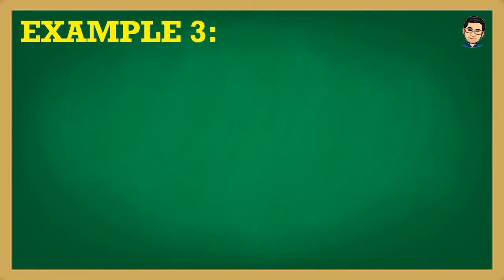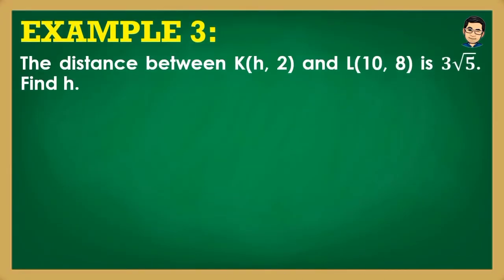So, next problem, the distance between K, whose coordinates are (h, 2), and L, whose coordinates are (10, 8), is 3 square root of 5. Find h. So, dito po, sa problem na to, given po yung distance between 2 points, between K and L. So, all we need to do is to find the coordinate of K, yung x-coordinate niya, na nakalagay po dyan is h. So, yung process po niya,